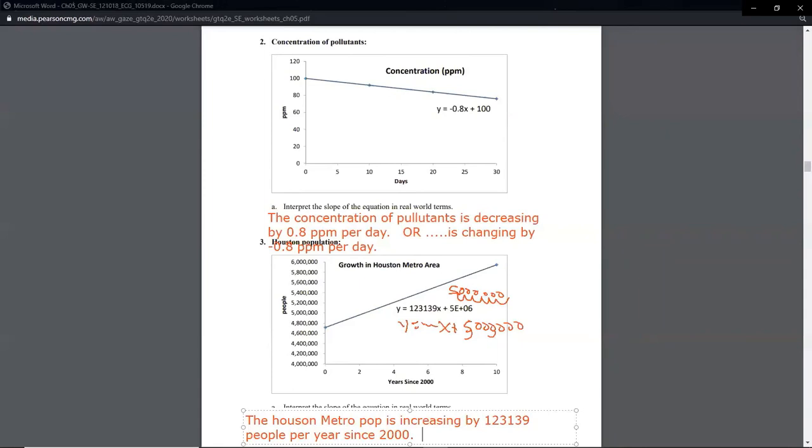This model for the Houston population, the one that we're looking at, is probably going to fall apart in the next 10 years or so. By 2030, it's probably going to slow down, or maybe it'll take off, but it's probably not going to stay consistent because people are dynamic. We change based on laws, based on things going on around us, whatever.